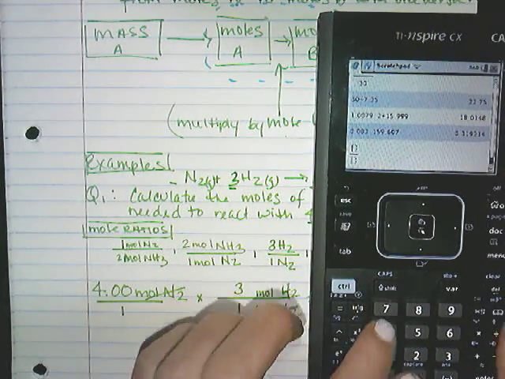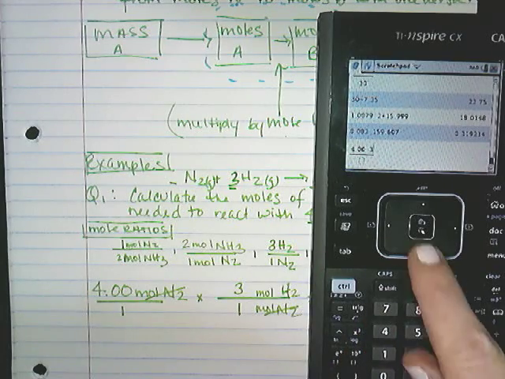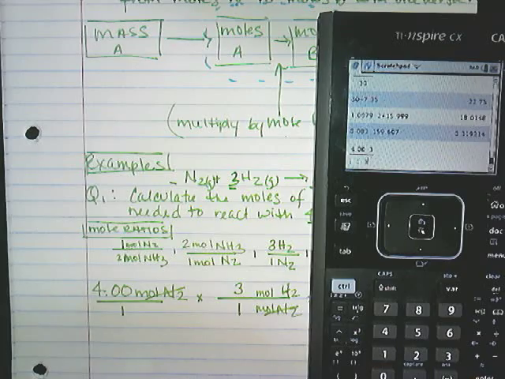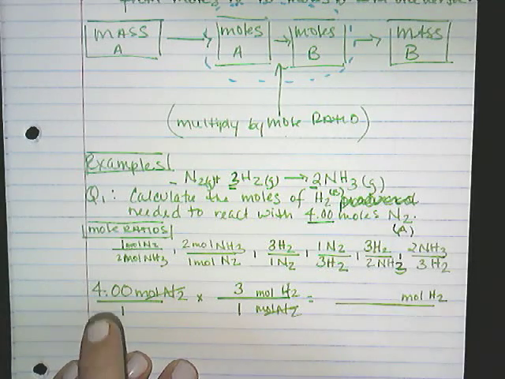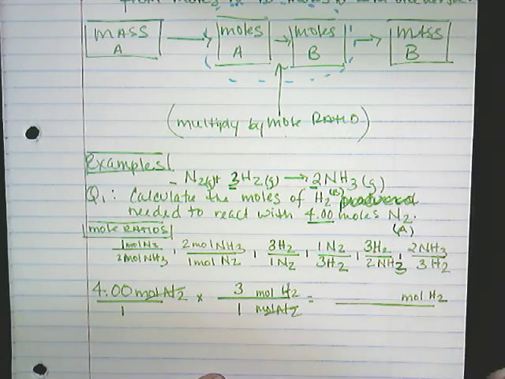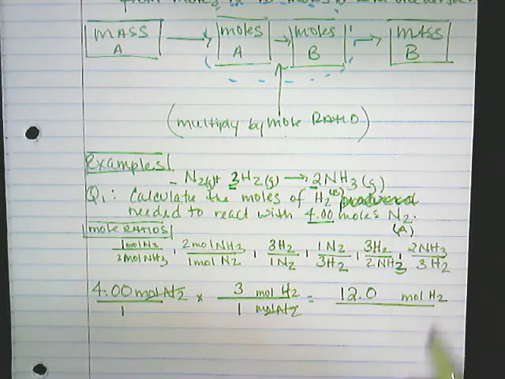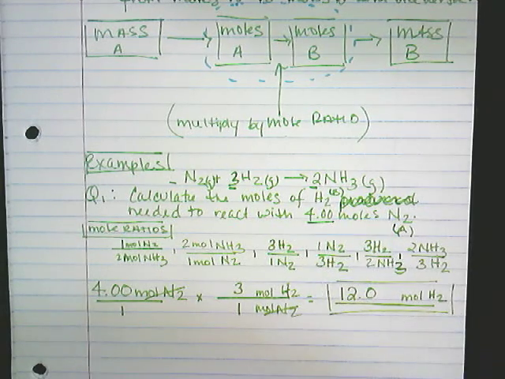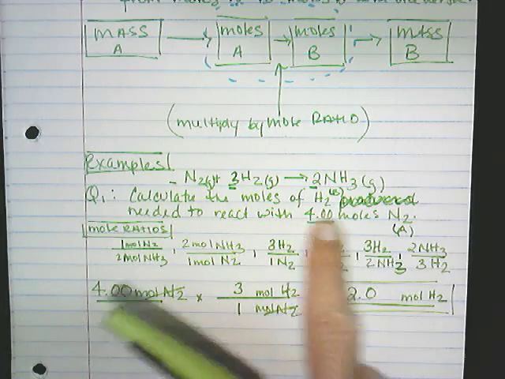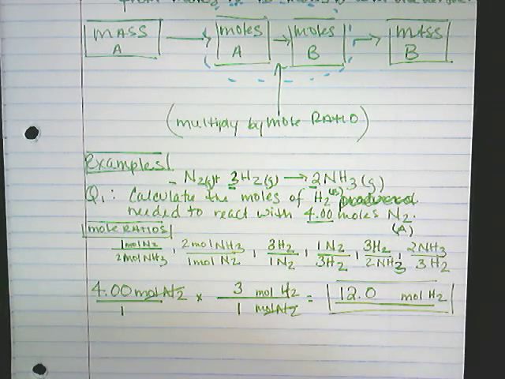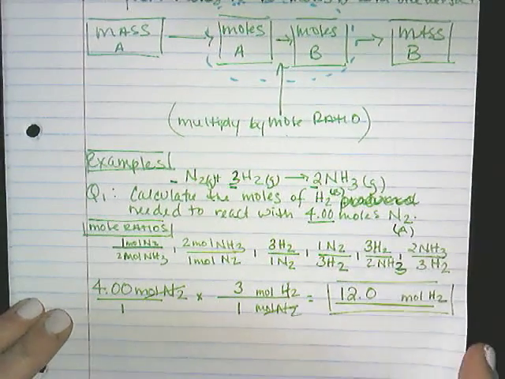Control divide, 4.00 times 3 over 1 times 1, and the answer is 12. We need 3 sig figs, so we might write 12.0 moles of H2 are required to react with 4 moles of N2 to get the product. This is one example of mole ratio. We'll use the same equation and we'll do one more example